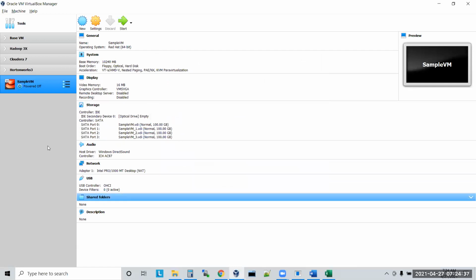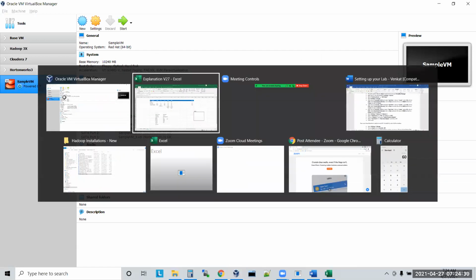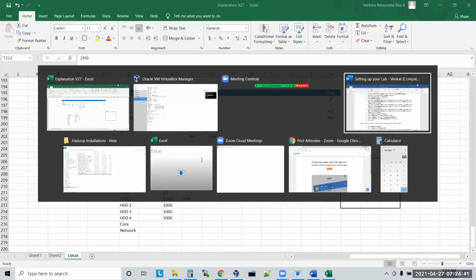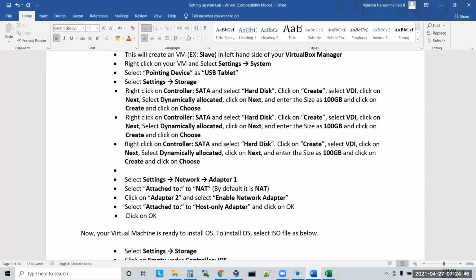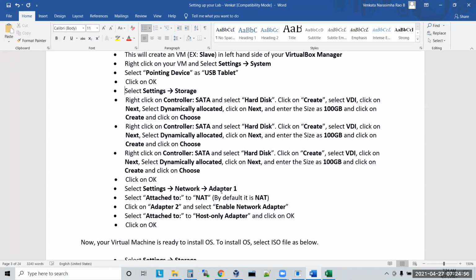Click on OK, so then only it will attach. Then click on choose, then click on OK.